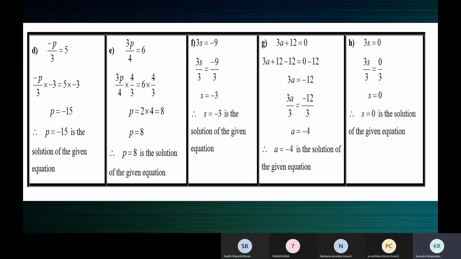So all of you will do that now, in your book. Write minus p by 3 into 3, all of you. I have told you that you should always sit with a book and a pen or a pencil. Write down that question, minus p by 3 is equal to 5, and multiply both the sides by 3, children, and tell me your result. That was a right question, Swati. Thanks for asking that. Children, all write down the equation, multiply both the sides by 3, and tell me your result.